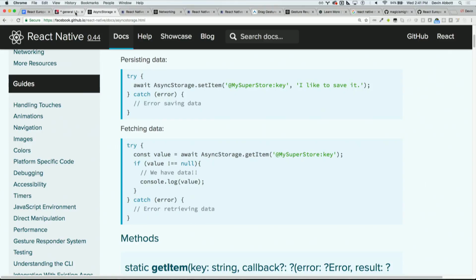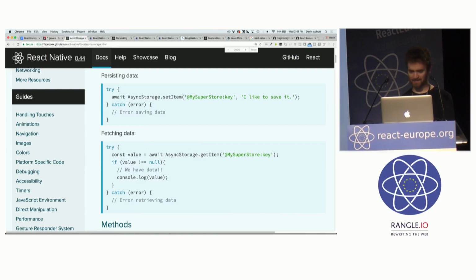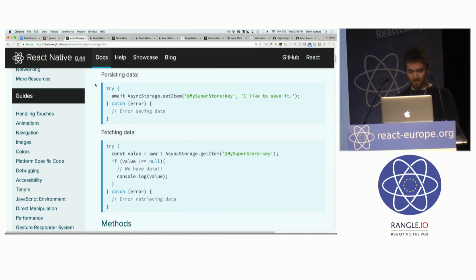So this will be the last API thing we look at, I think, which is async storage. As Brent mentioned at some point, it's like a poorly named local storage. The only real difference is that, like the name indicates, every operation is asynchronous. So if you want to store some data in async storage and retrieve it the next time your app launches,